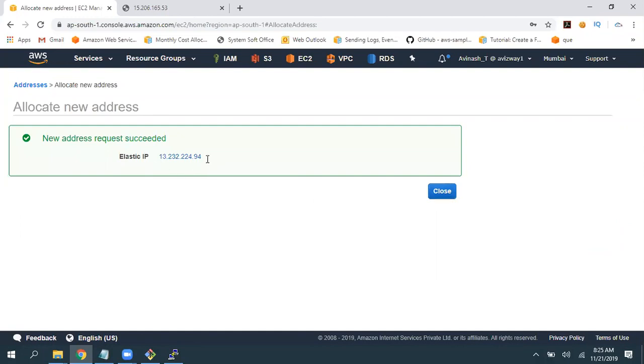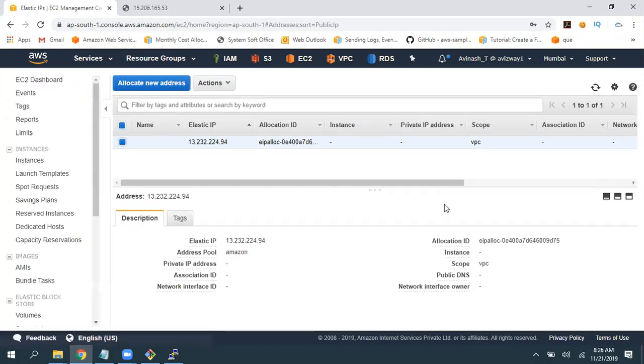So this is the elastic IP address Amazon has given to us. This is a dedicated IP address Amazon has given to my AWS account, and I can use it for any resource in this Mumbai region. All EC2 resources are region specific. You cannot use this for any other regions. Okay, so this is the public IP address we got. Now I want to associate this to one of the EC2 instances. Go to actions. The first one is release address.